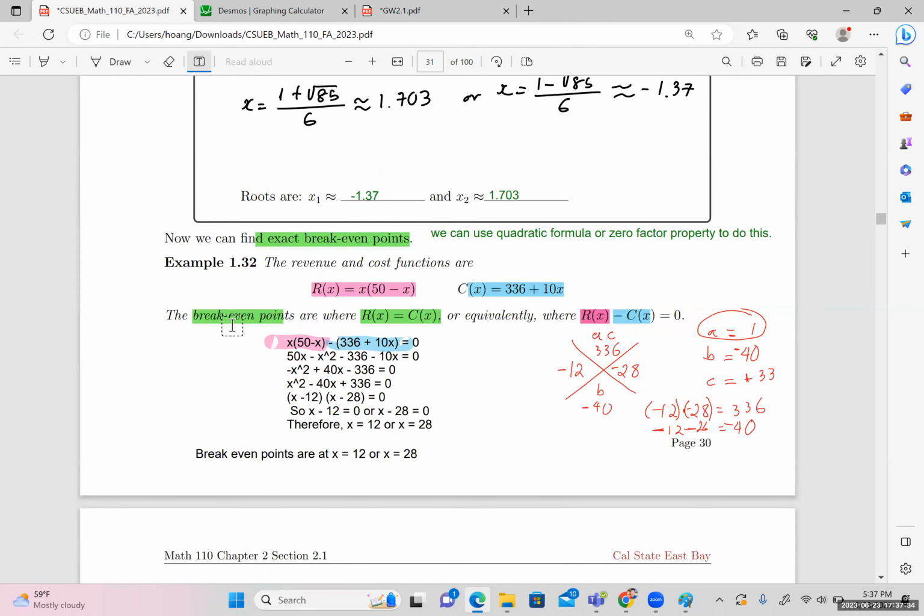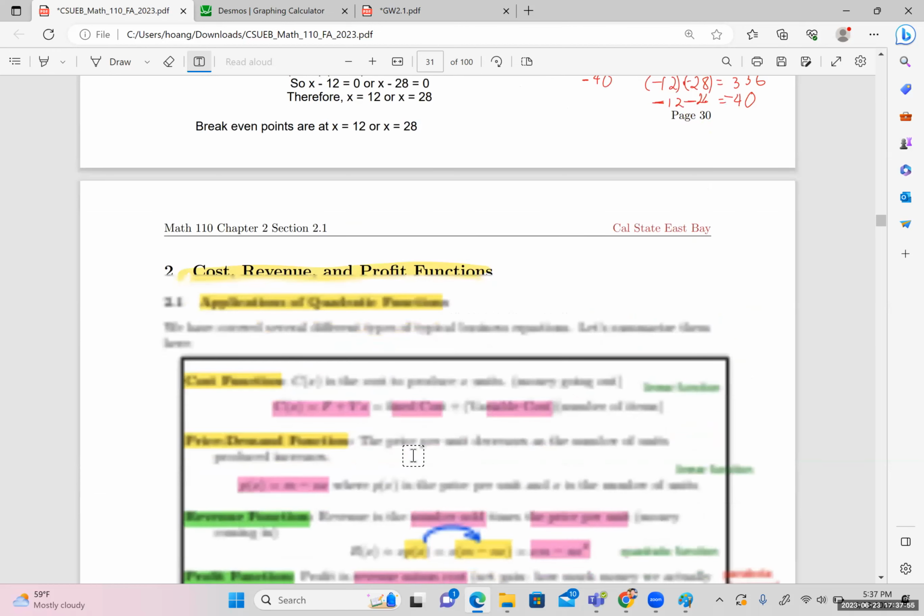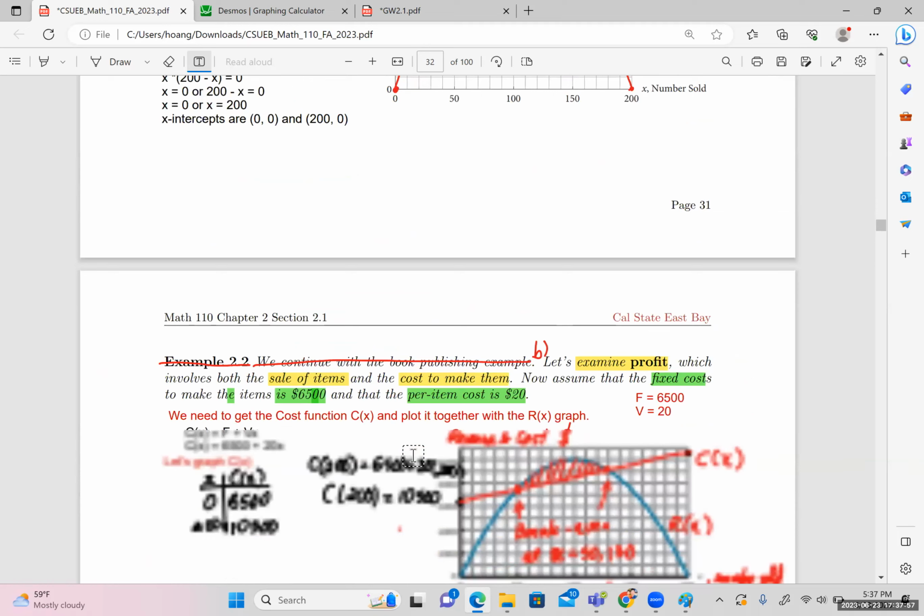When I did talk about break-even, when you put revenue minus cost and set it equal to 0, and then make the equation equal to zero here, and then find x, which is going to be the break-even point. Okay,